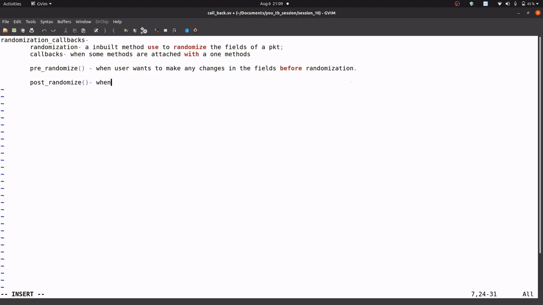And when the user wants to make any change after randomization, it is called post-randomization, maybe depending on or calculated from the randomized values.